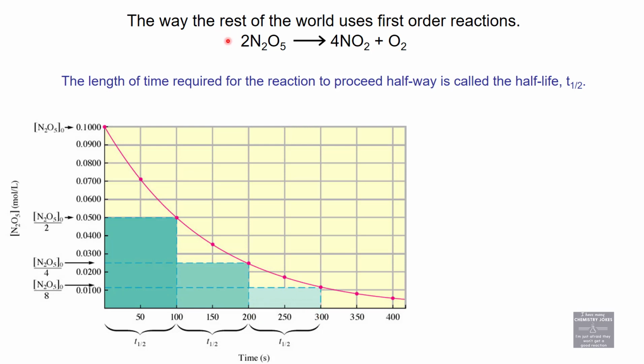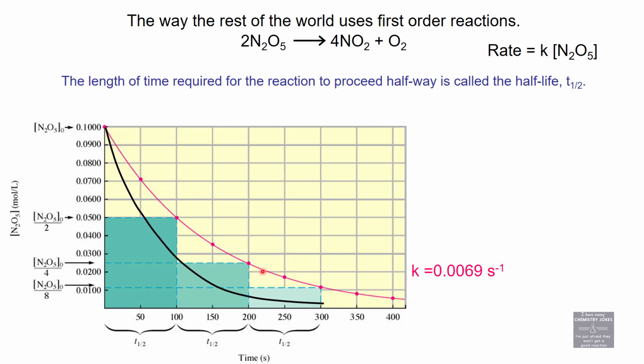The reaction gives you the same half-life no matter how much time has elapsed. When it's a first-order reaction, the half-life is the same regardless. So this reaction is a 100-second half-life no matter what. First order, yeah. If I know the rate constant for the reaction is this value, and I compare this pink